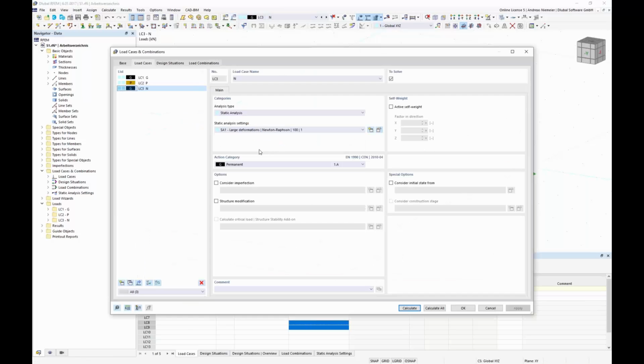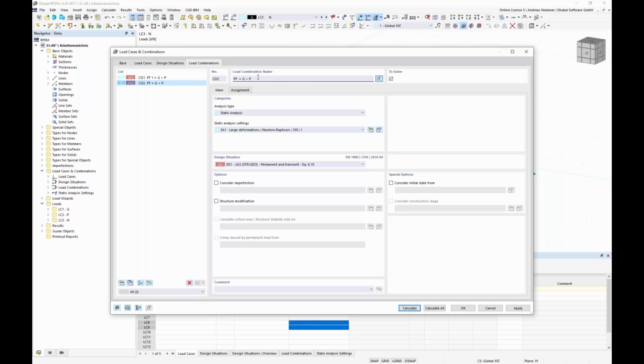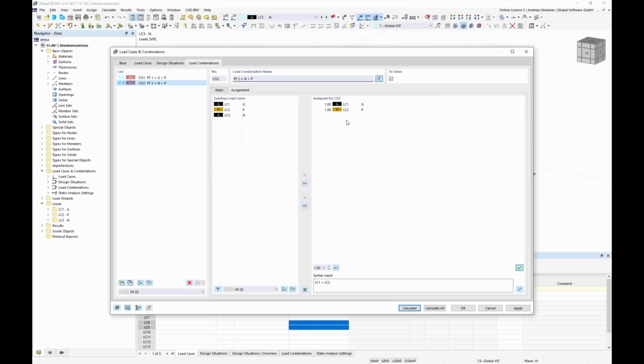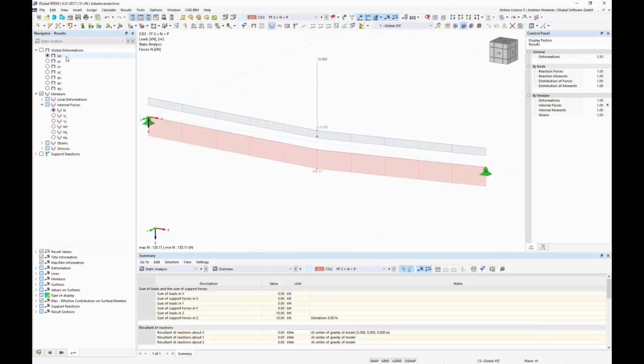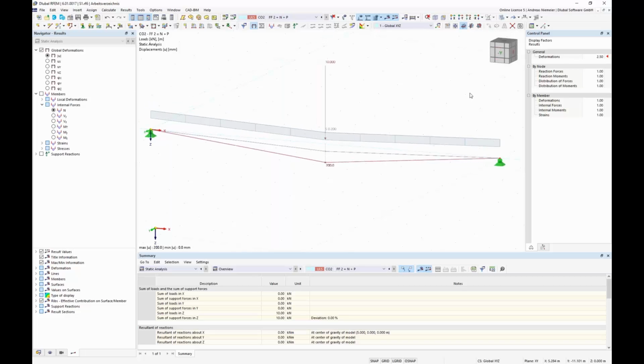So I go again into this load case and combinations dialog, into load combinations, and create here now a shape maybe F2, based on N plus P. And for this, we only have to change here the input, so P and N in difference to the first one. And if we calculate this, you will see you can do in the same model another shape. What means we have the 200 millimeters in the middle, but